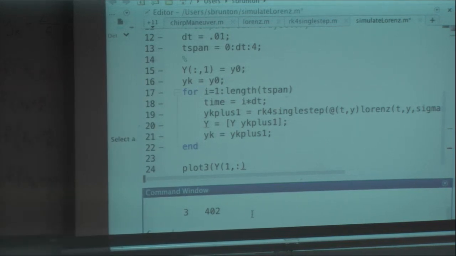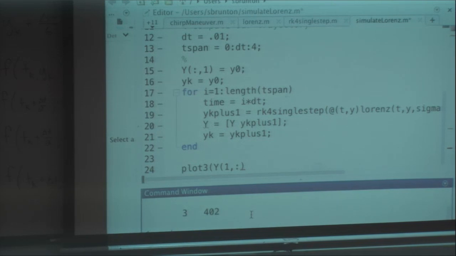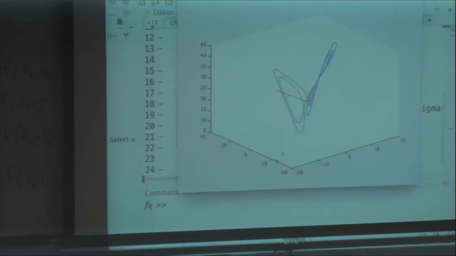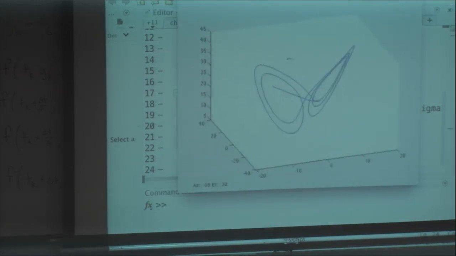Okay. So I can plot the first row versus the second row versus the third row using this plot3 command, and I'll see what the actual trajectory of x, y, and z does in space. Okay, and this is my Lorenz trajectory.